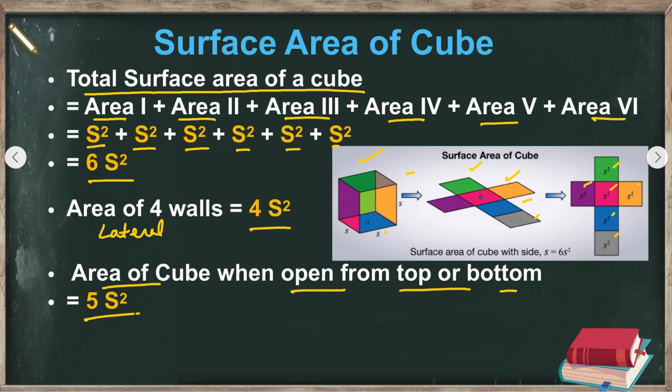Okay, so again we have the 3 formulas here. First one is the total surface area of the cube, which is given by 6 times s square, since we have the each face in the shape of a square and the measurement of each face is equal, so we got the surface area of cube as 6 times s square. And if we take the area of 4 wall, that will be only 4 times s square, and we have a cube which is open from either top or the bottom, that means one of its face have been removed, so in that case area formula for the area will be 5 times s square. Okay, so this is the formulas for surface area of cube.